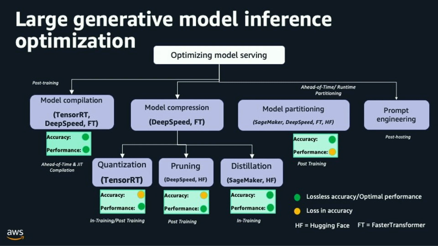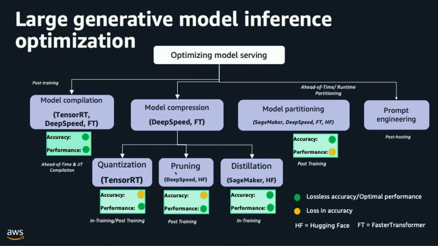And then model compression has a similar effect, but operates in a couple different ways. So quantization actually changes the data representation. So you might have trained using FP16 or BF16, and then you might quantize down to integers. Actually, you might quantize down to int8, which has a smaller representation space.